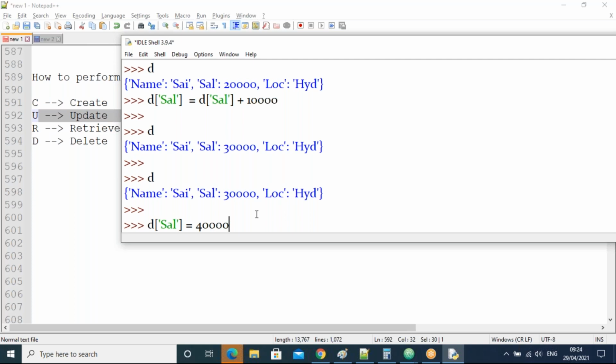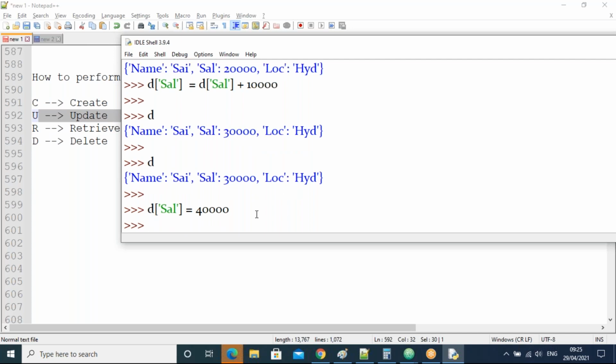I am going to give the value directly to d of sal. d of sal equal to 40,000.